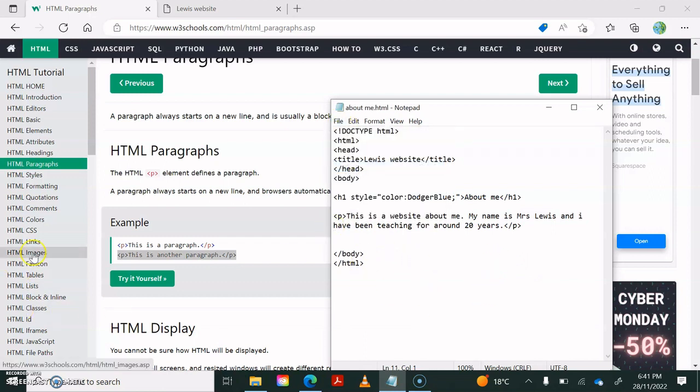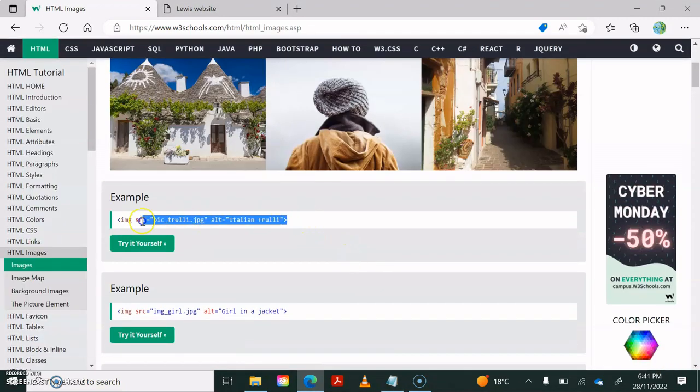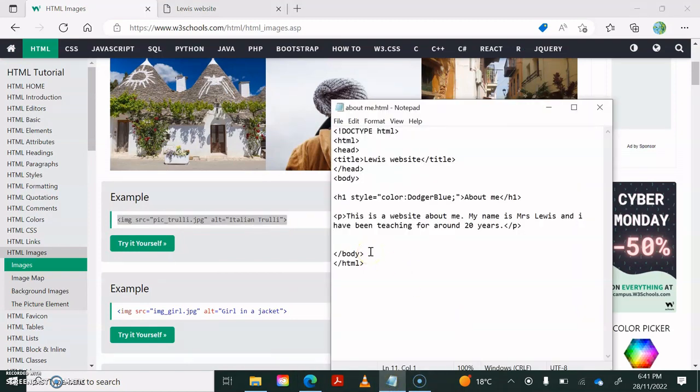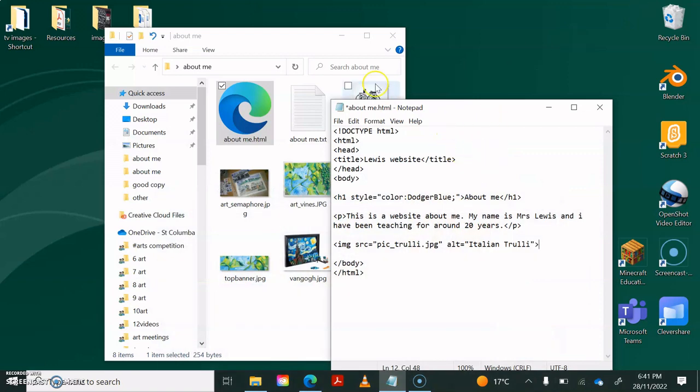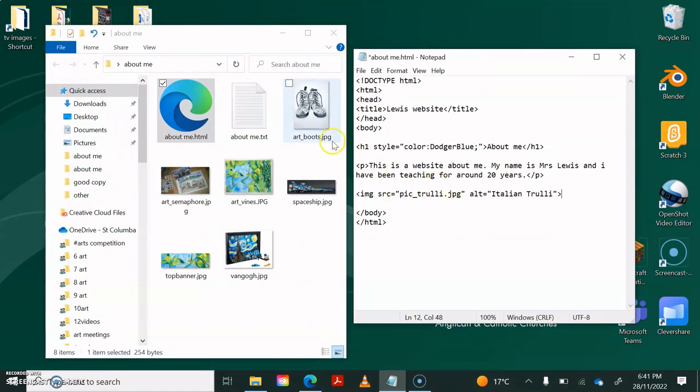I'm going to save it. The next part that we want to do is to put some images. So again, we're just taking some threads of code and putting it in here. We do want to keep this part within the body. Obviously, I don't have an image that's called that particular one, so I'm going to change it to